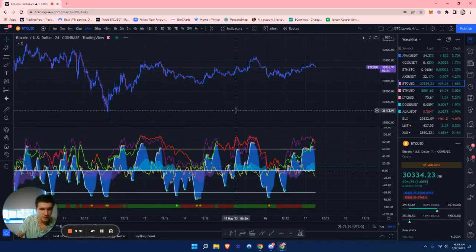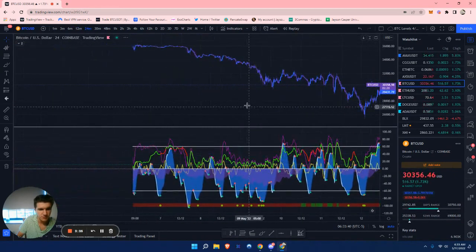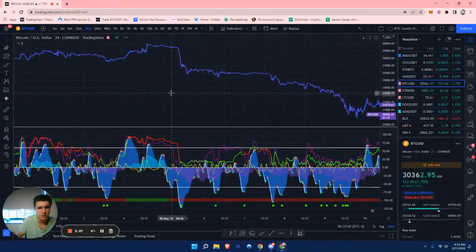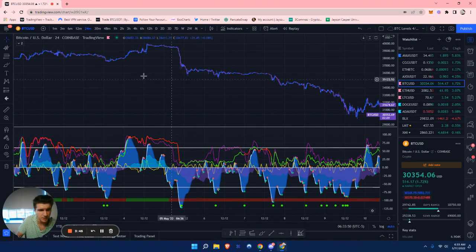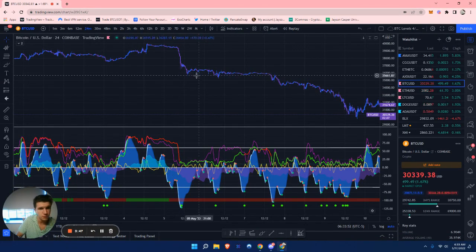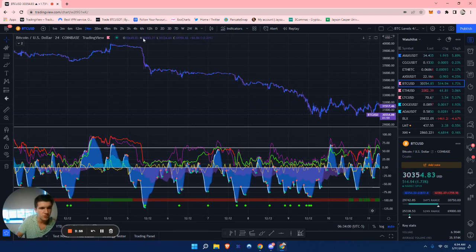I'll move on to the next time frame and go to my next favorite money flow crossover. This is more used for day trades. When I say day trades, you can hold the position open for several hours to a day. Sometimes it'll lead to a swing trade. As you can see right here, this was a nice swing trade. We had a money flow crossover into the negative, and this led to